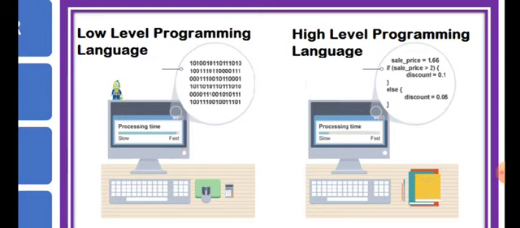And look here, a high level programming language is in the form of English. See, this is a simple program which you or I can easily read. Now this is in the form of English, so it is a high level programming language, but the disadvantage is, look at the processing time. The processing time is really slow when compared to the low level programming language.